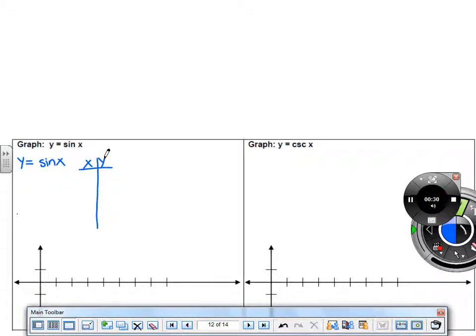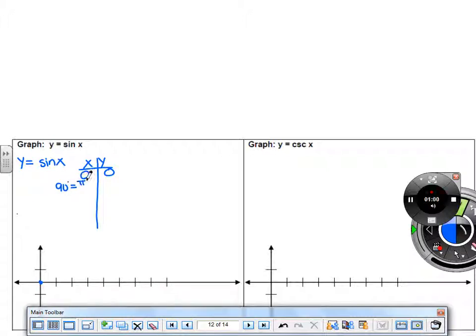It was important for us to know where it hit the axis, so what the 0 points were, and then it was important for us to know when it hit the maximum and the minimum points at like 1 and negative 1. So think about when that happens with the sine function. At 0 degrees, you get a sine of 0, and that's where it started here. And we're just going to go through one cycle of the graph. Then at 90 degrees,